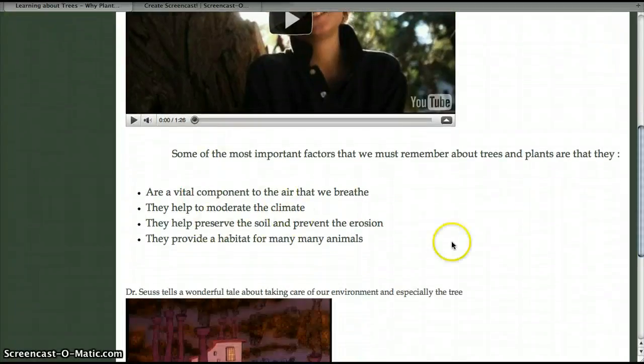In the middle section, I've just created a bulleted area of the main points of this page that we want to take away and really call out some of the important reasons why we care about trees and plants. And even though this is just a text area and there's no interactivity here, I think this is a good place to stop and say, okay, trees are a vital component to the air we breathe. You could